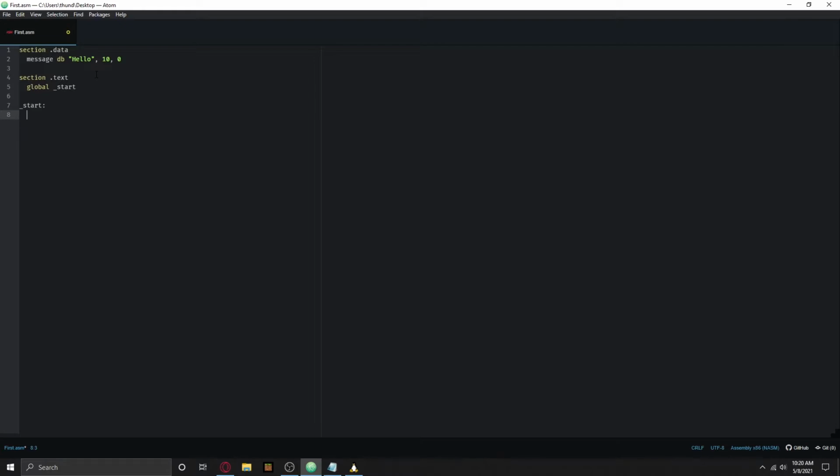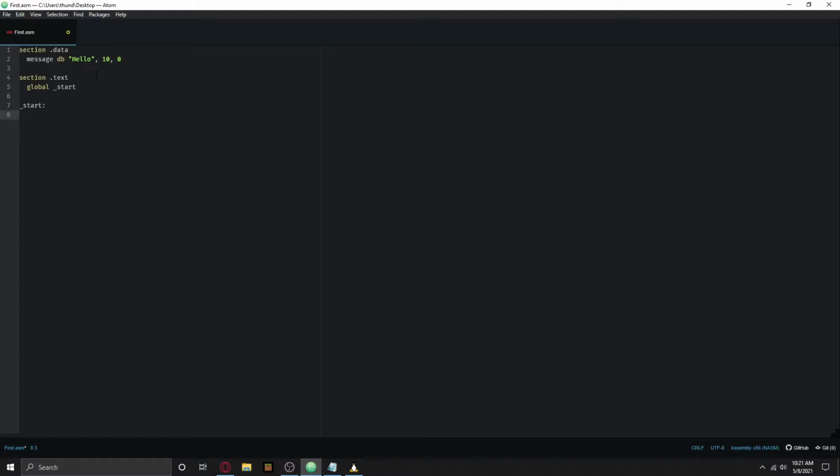Global _start is actually required if you're going to be compiling assembly this way. So you have to type that exactly how I typed it. But basically it just tells the linker this is the entry point. So it tells the linker when it's creating an executable, this is where to start